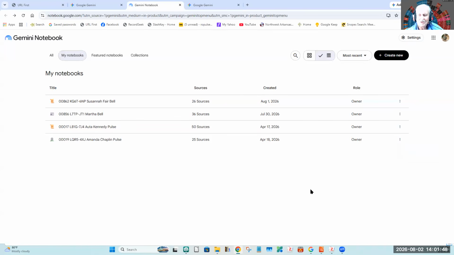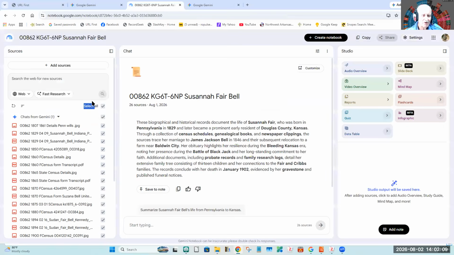So this is a much more interesting screen to me because it shows you how many sources are in each and when it was created. Okay. You can see I haven't been here very long. And I had to rebuild this one yesterday, so it was built yesterday. And let me show you what's in there. You go like this, and look at this.